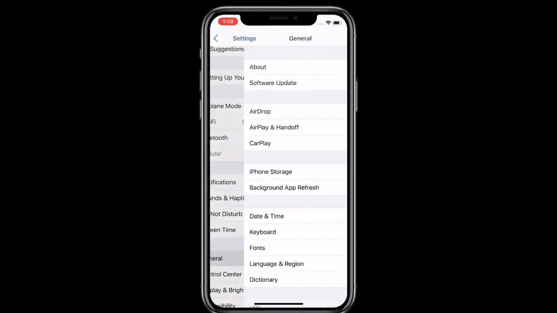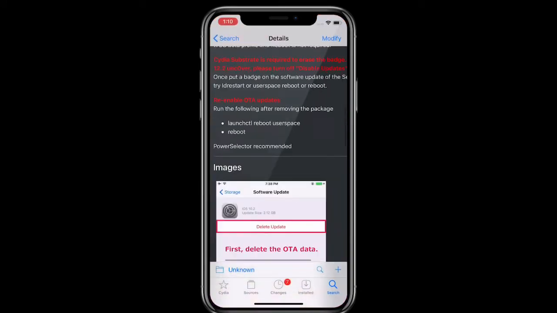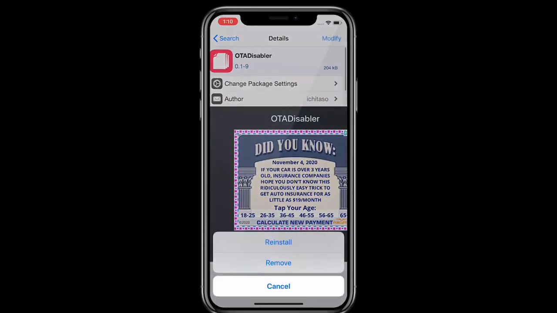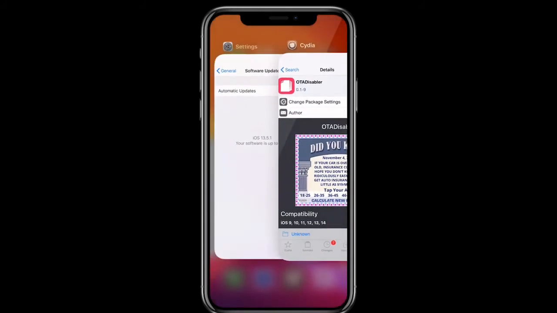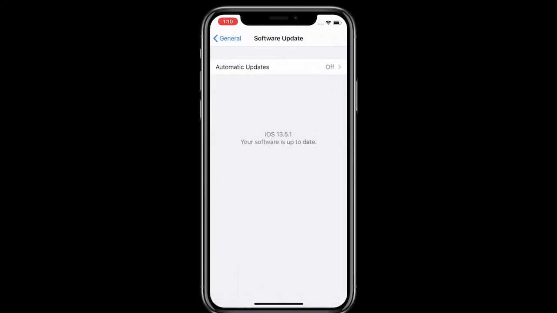If you ever want to update in the future, obviously if you update, you're going to get rid of your jailbreak and all that stuff. To update, you just delete this tweak right here: go to Modify, then Remove, and after your device resprings, go to Settings, General, Software Update, and you should see the update there, and then you can install it. I recommend, just to be safe, before you update,